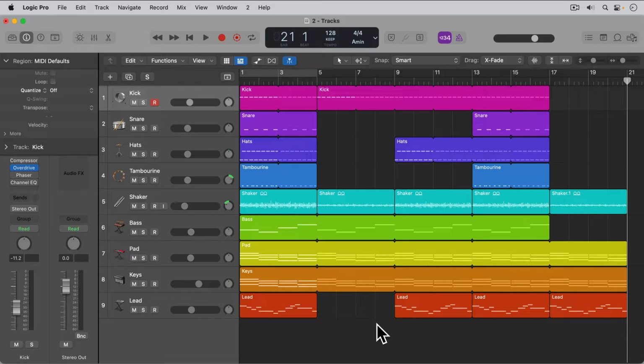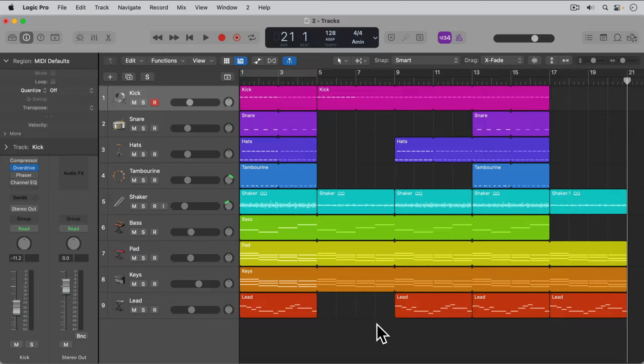Now let's have a look at how to record MIDI effects. With this, you can record the output of MIDI effects. So the MIDI that has been changed from the MIDI effects can now be recorded directly into the MIDI editor. I personally find this feature really useful, especially for recording in parts that have been transformed with the MIDI Arpeggiator